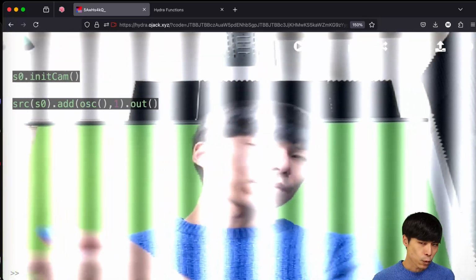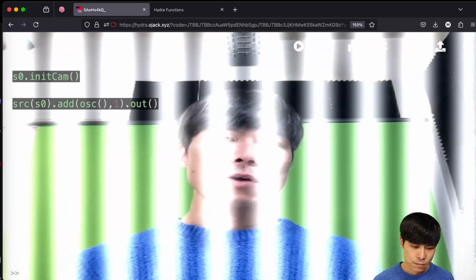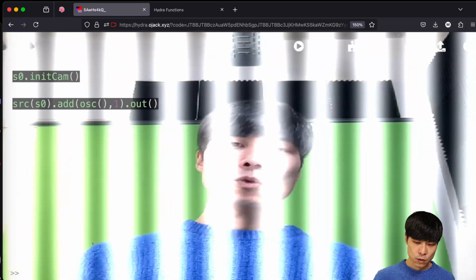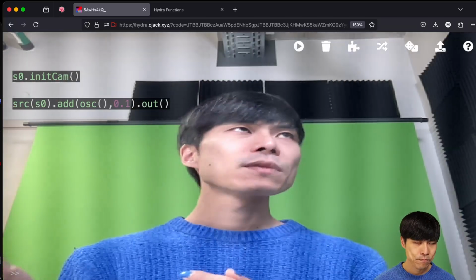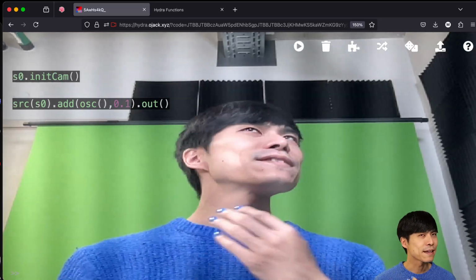The second one is just a number, just like how we were doing before, and the default number is 1. Just like color takes 4 different numbers as parameters, add takes one source and one number, which is, you might guess, the intensity,